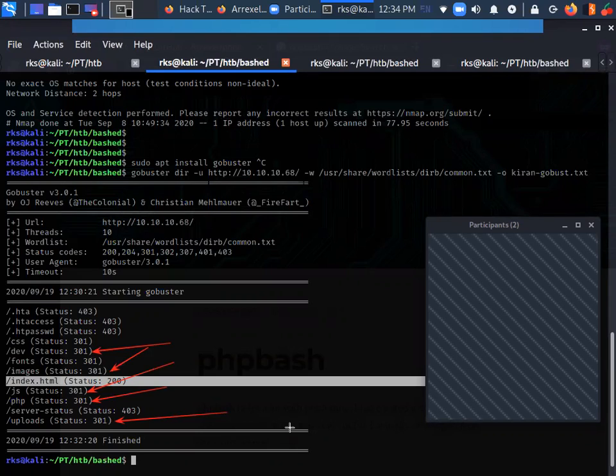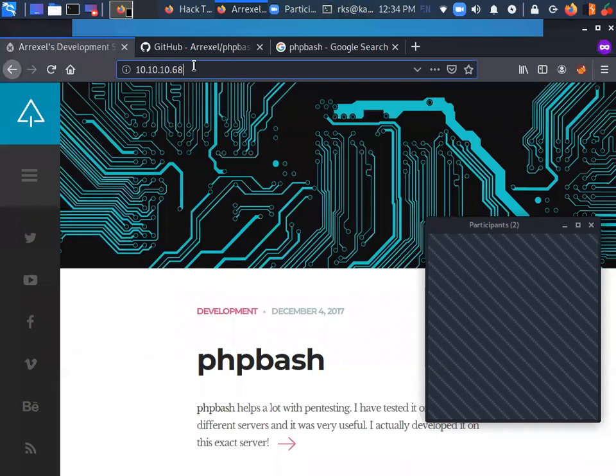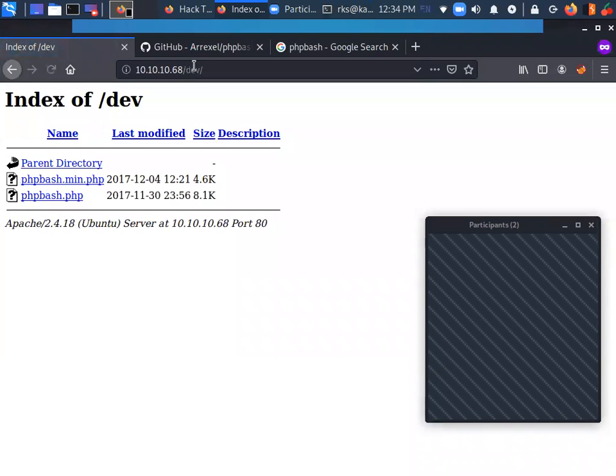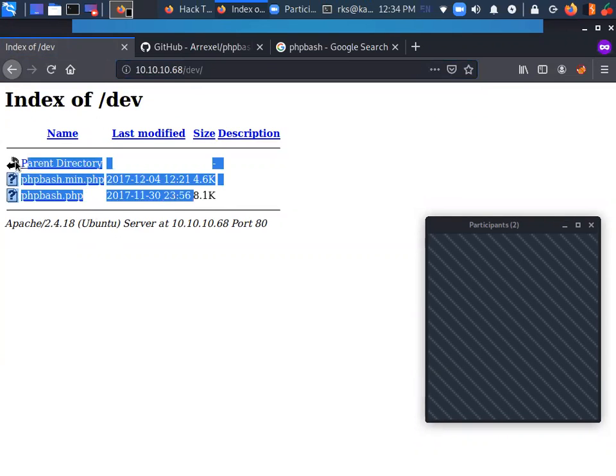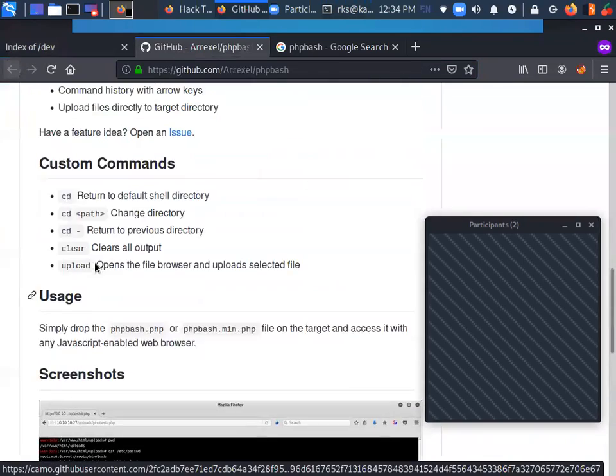Let's go to slash dev directory. And when I did slash dev, you can see that this is probably some sort of developer directory, some sort of directory where these shells have been installed.